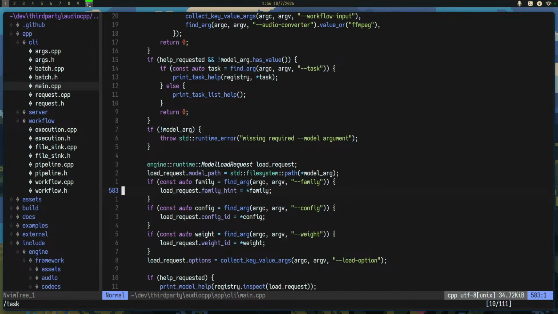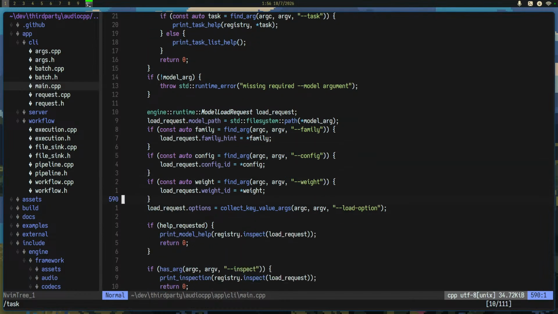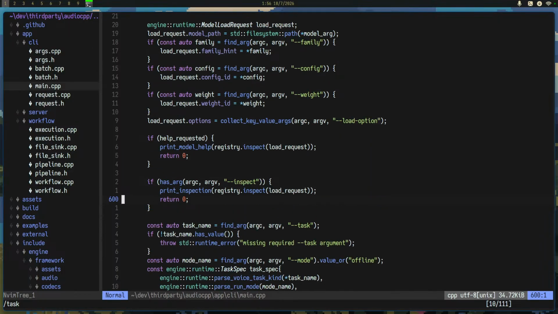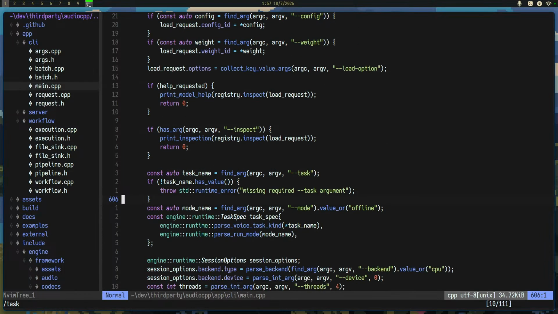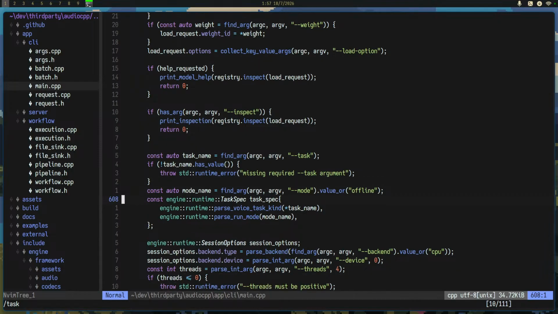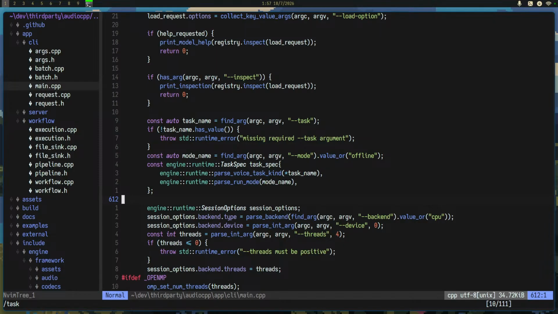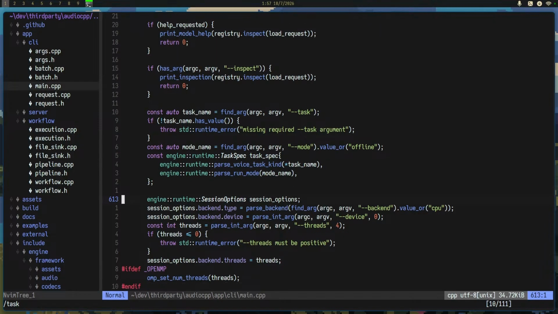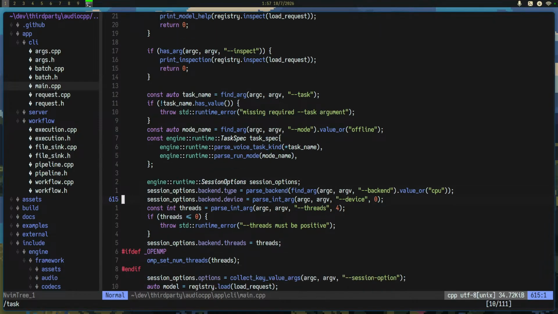Right, so this is where I think we create a task, the TTS task, and how do we actually run that?